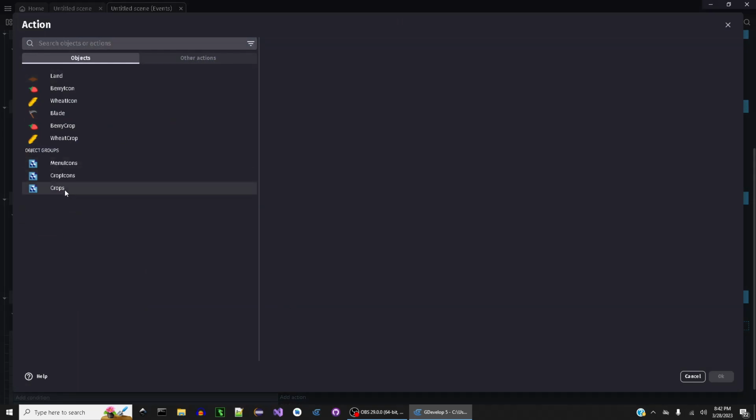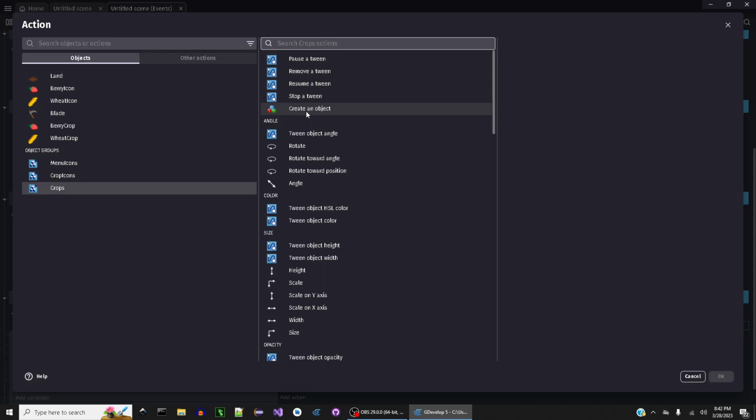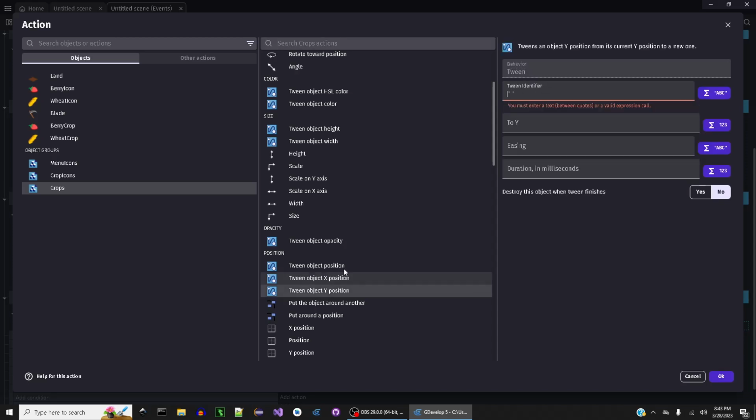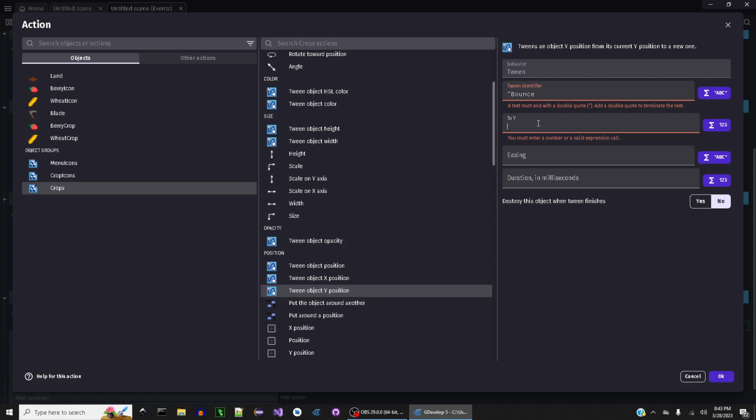And let's see, crops. And here we go. Tween object position. And we just want to tween the Y position. Okay, and we'll call this tween bounce. And we're going to tween it to, let's see. Let's say we'll tween it to our